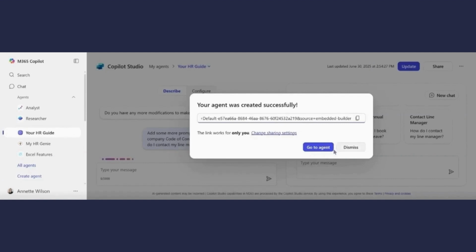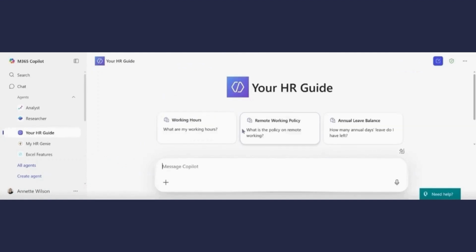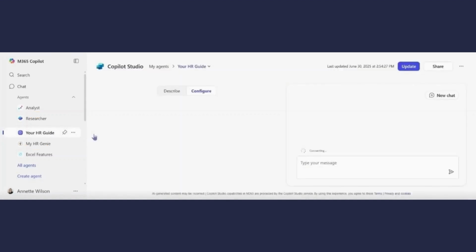Now we're going to go to agent. And this is where we can see what our agent looks like. So we can see some of the questions. Now, at this time, there's nothing there to tell Copilot where to look for the information that it's going to source its replies from. So we need to go over to the left-hand side, select Edit, and this is going to open up the